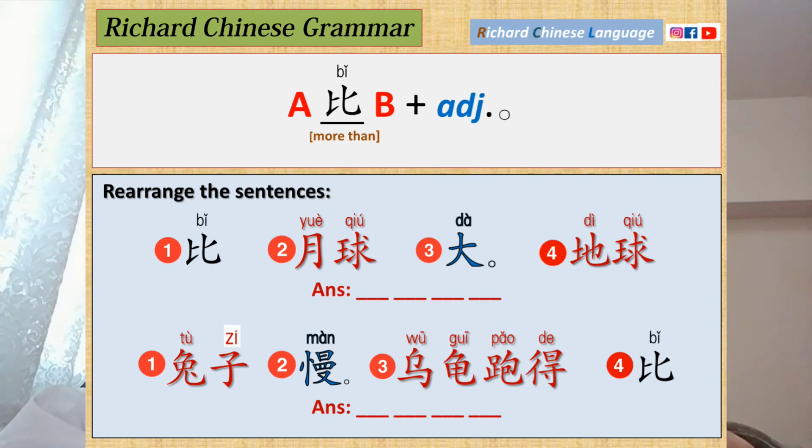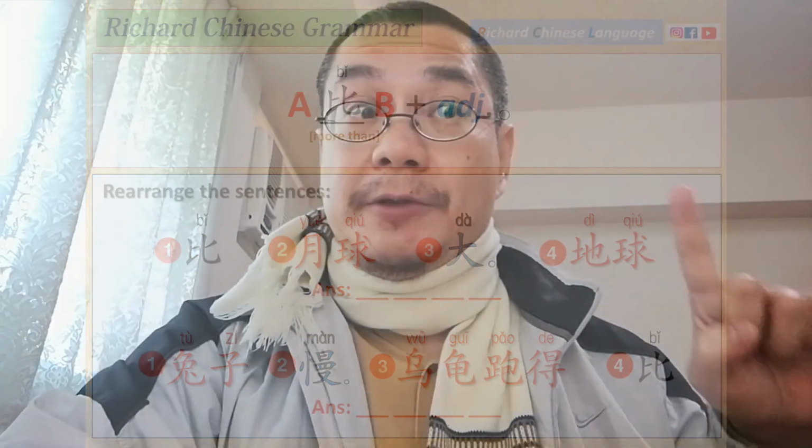Okay, quiz number 2. 兔子慢。乌龟跑得比 Okay, I'll read the sentence once. 兔子慢。乌龟跑得比。Okay, my friends, I hope you can do the 2 quizzes by yourself, and you can see the answers in